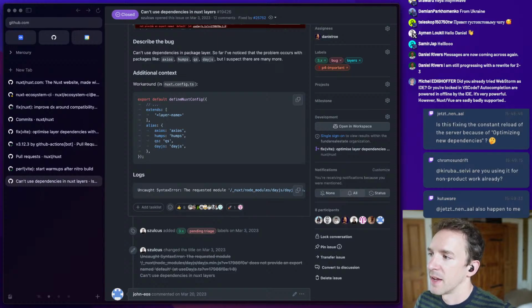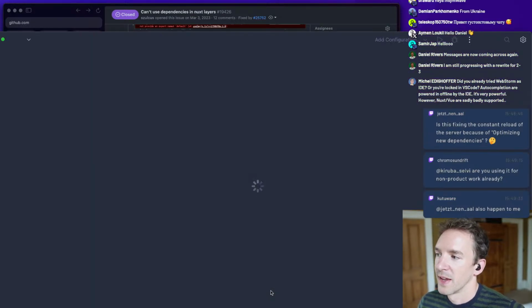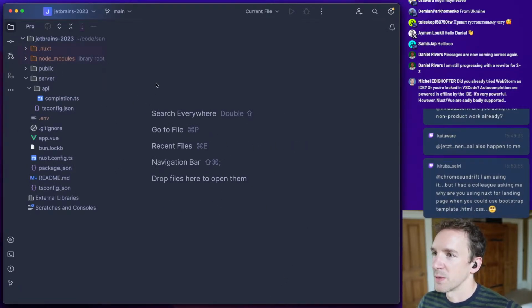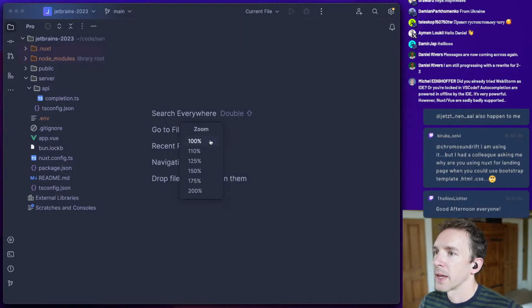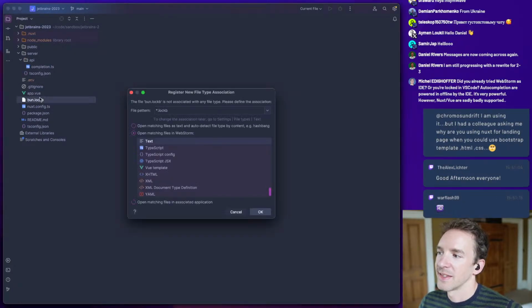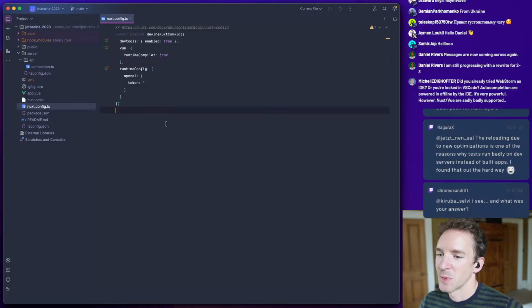Michelle, by the way, WebStorm is fantastic. I've got it all set up in the way that I like. So this is my WebStorm config. This is a little bit bigger than usual because I was using it for a stream, but I'll make it the size that I normally go for. If I set it to 100%, there. Oh, for goodness sake. One second. 100%. Thank you. It's a lovely, nice, minimal config. So yeah, WebStorm is lovely.